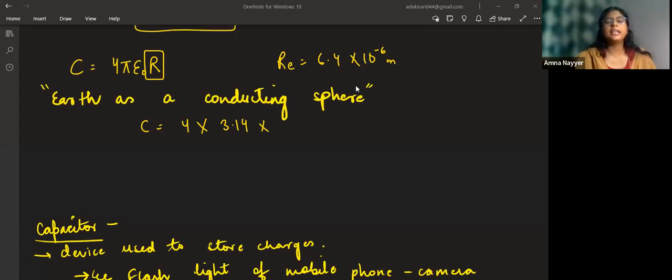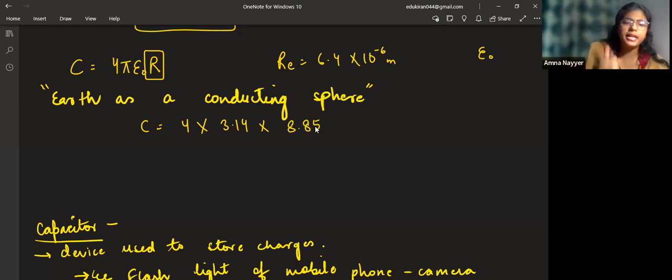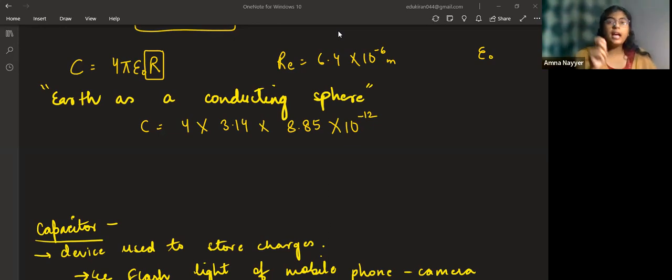Good, Tari. 8.85. Now, Humam, please remember, because this epsilon naught value will be used a lot. This is the initial part, 8.85, and the power of 10 is minus 12. Those who do not remember, not just you Humam, others also, right now on the top of your notebook, just write this separately: epsilon naught is equal to this much. So that those who forget at least have it in mind, because this is an important value. The way we remember the value of pi, 3.14, this is as important as it.